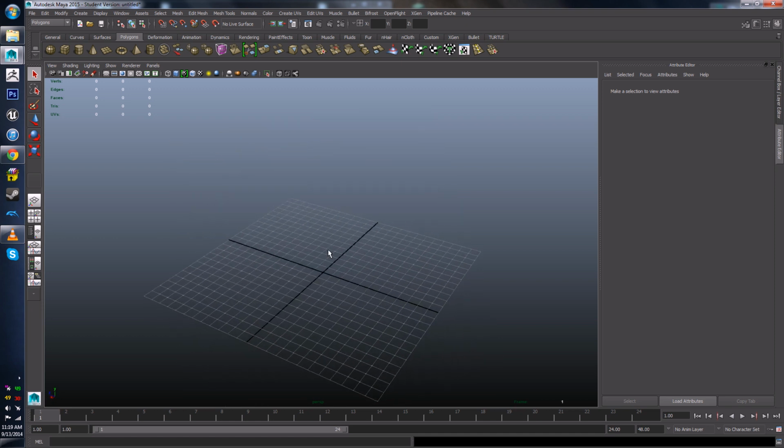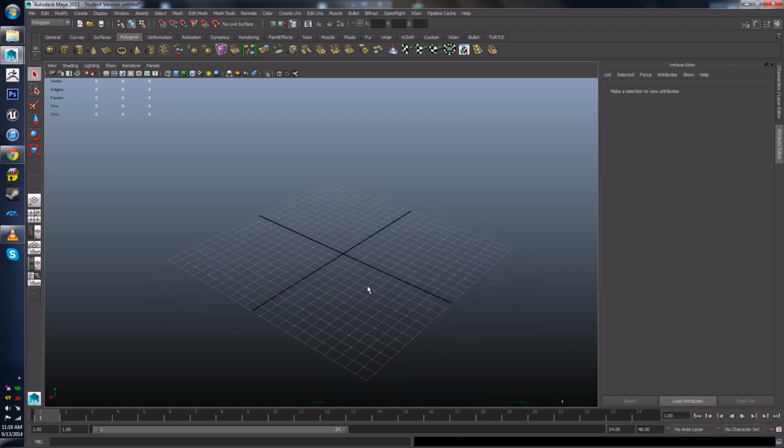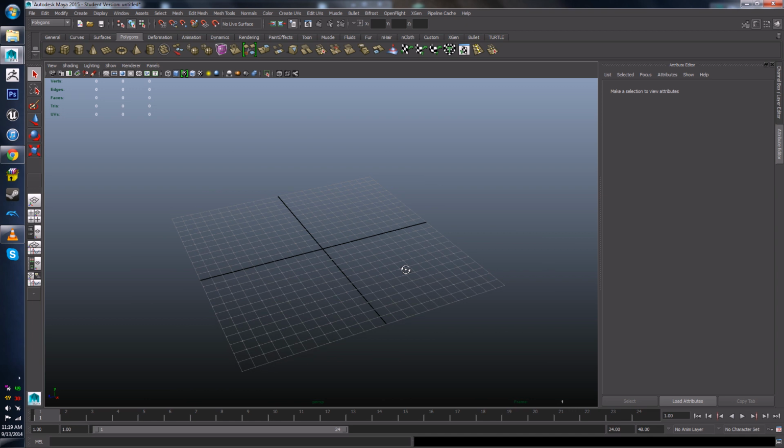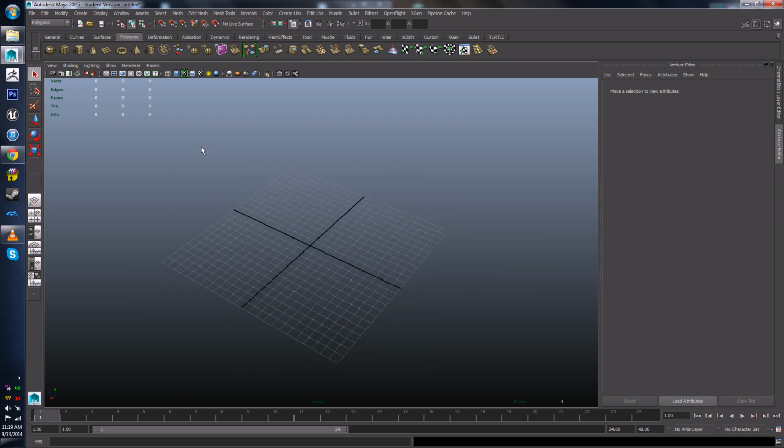So when you first start Maya, you will be presented a grid. And the hard thing to know is, what is this grid scale? It's kind of arbitrary. You don't really know. It doesn't tell you anywhere in the main editor. So we have to check that on our own. So if you come up to